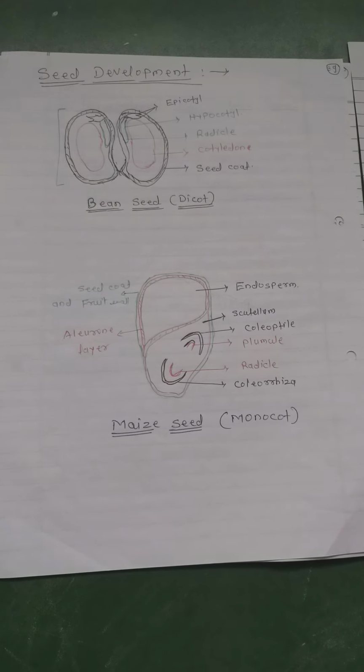In some seeds, the food reserve in the endosperm is partially used up in the development of an embryo. In such seeds, the endosperm remains conspicuous and fills a greater part of the seed. Thus, the resultant seed is endospermic or albuminous seed. For example, castor, coconut, maize are known as endospermic or albuminous seeds. Mostly all monocotyledonous plants have endospermic seeds,